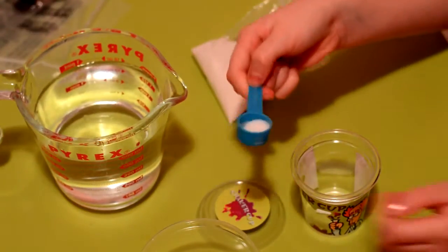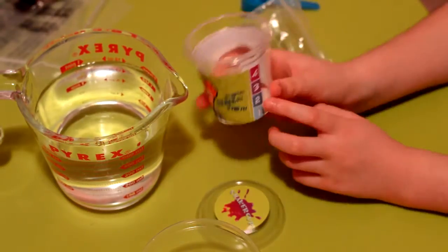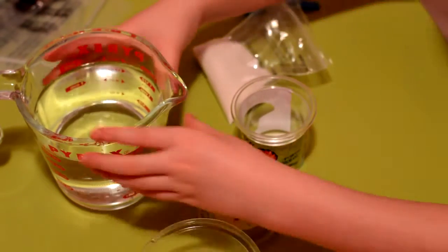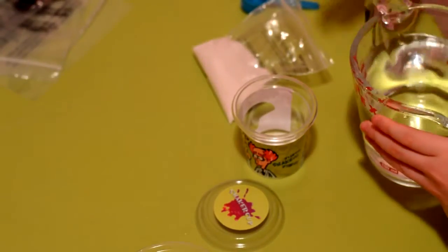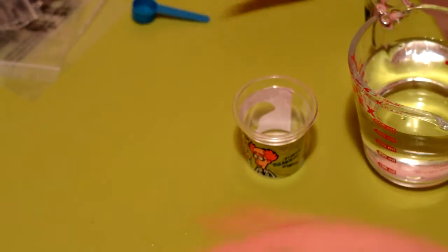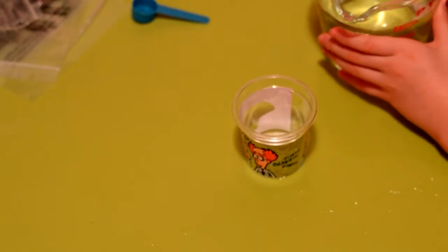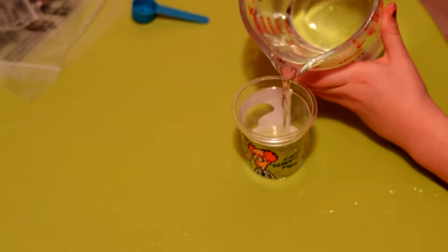Okay, so I have about half measured out, so we're going to put it into the shaker cup. I'm going to pour the water in between 2 and 3, which means up to that line. I'm just going to carefully, hopefully don't spill it, move this out of the way in case it gets wet. Okay. Oh my God, it's a good thing that I moved that. Okay, my pants are all wet now. Fill it up to...